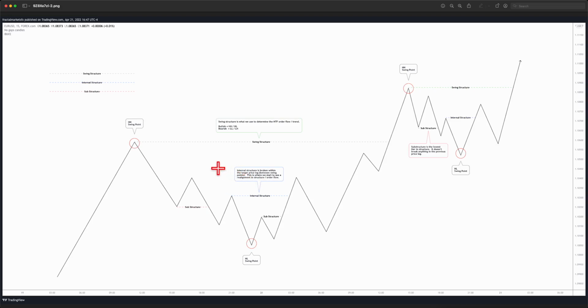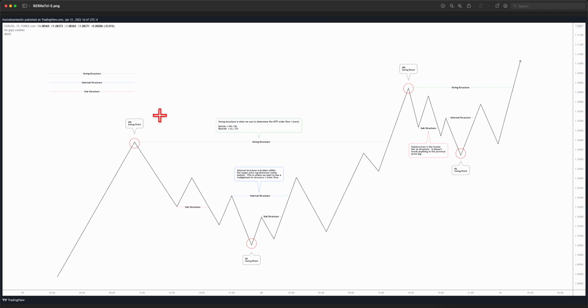And then furthermore, obviously the final and most important piece of structure that we have is the swing structure, which is what we use to determine higher time frame order flow trend. So a bullish example would be a higher high and a higher low, creating a higher high, higher low with another higher high. So that's basically it for breaking down how we interpret structure